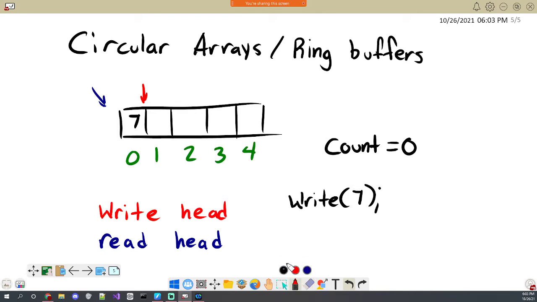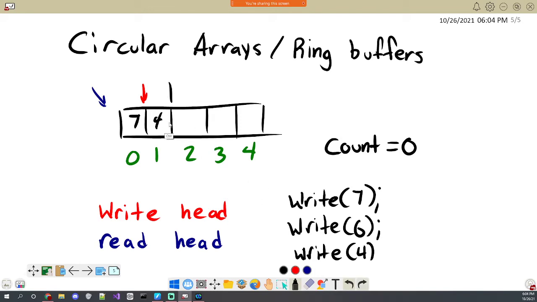So if I kept going, then it would keep writing. Let's say I write 6, and then I write 4. It would write 6 and then move the pointer up to the next spot, and then it would write 4 at that spot and move it up again.